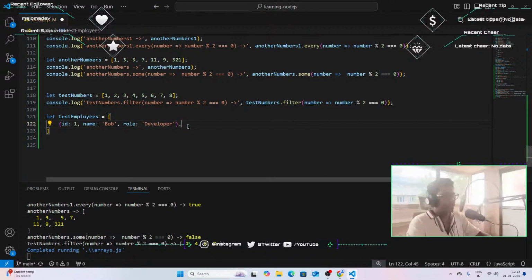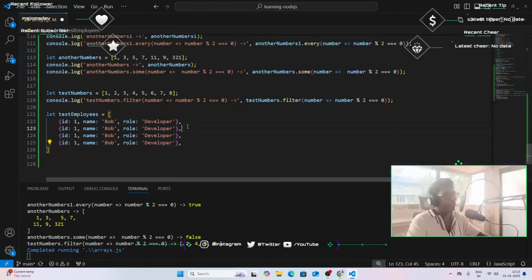And let's use our newly learned shortcut: shift alt down arrow, create four copies. Whoever this is will be a designer, manager, and then we have developer again. This can be Ted, George,